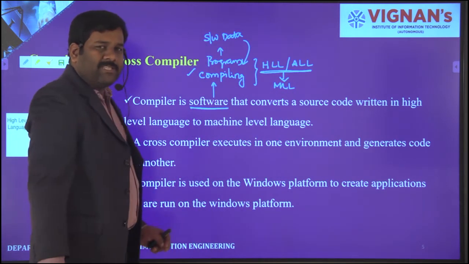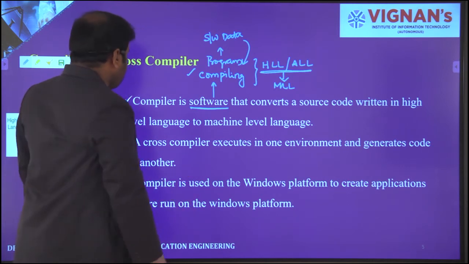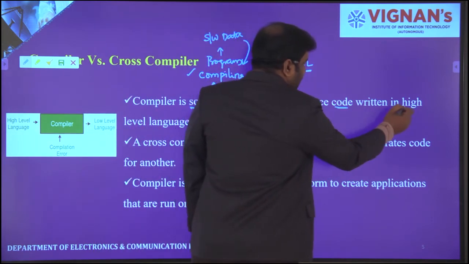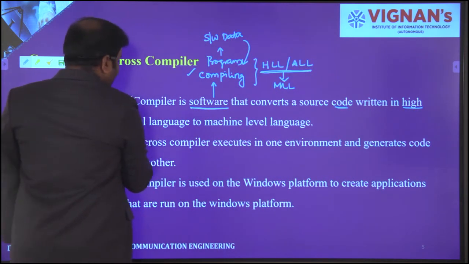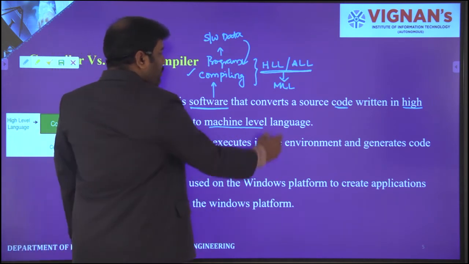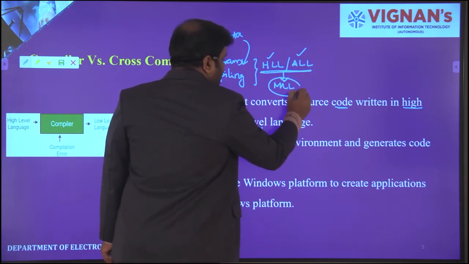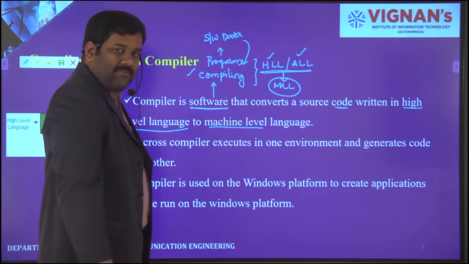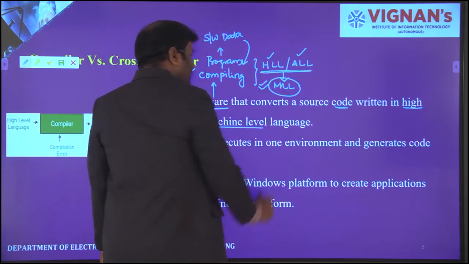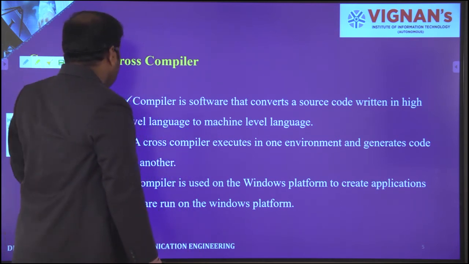That is the primary principle, the working principle of a compiler. So a compiler is a software that converts the code written in high level language to machine level language, because it has to understand first and only then will it give the corresponding output. Now coming to the cross compiler,